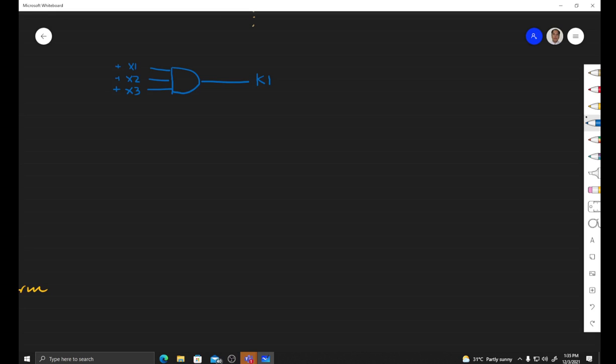So using the behavioral construct, we write module, let's say AND3 behavioral, with inputs x1, x2, x3 and output k1. So we write input x1, x2, x3, output k1. So we don't have a net here, so we don't need to